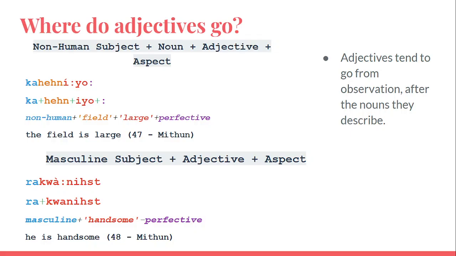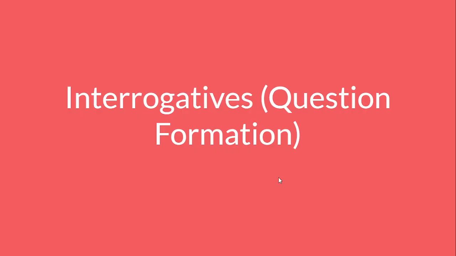So you can see that right after a noun, that's how it's functioning, right? If it were to be a standalone sentence, which I don't even know if you can have standalone adjectives in Tuscarora, I'm not really sure you can actually do that. I think they just put all that information into the long word. But you can see that hehun is a field and eo is large. And that shows you that you're going to say a field large and not a large field. So nothing more to say about that.